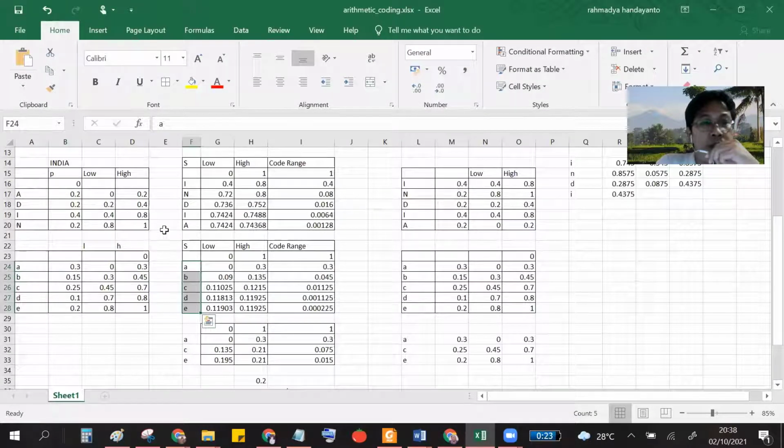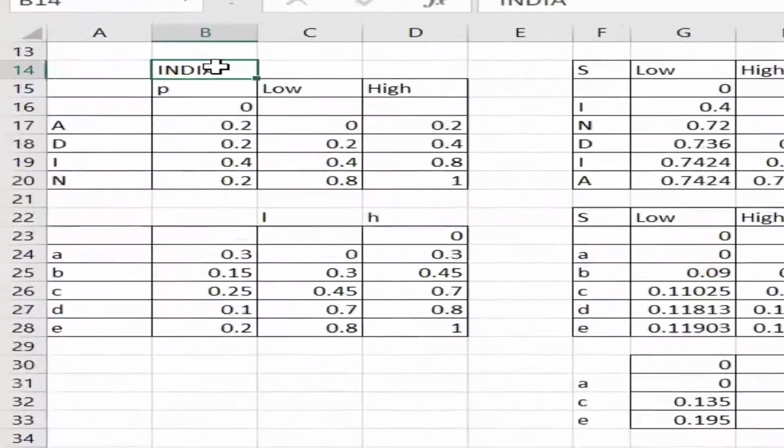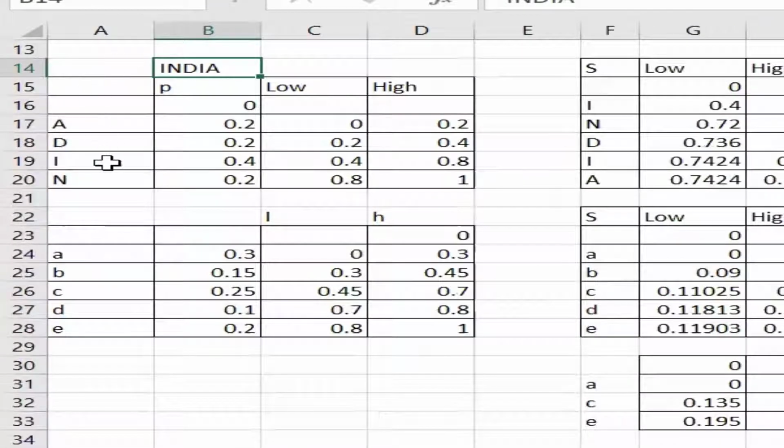So the component of the arithmetic code is the probability. For example, in the word India there are two times I, so 2 divided by 5, which is 0.4, and the other letters only appear once, for example N, D, and A, so 1 per 5, which is 0.2.